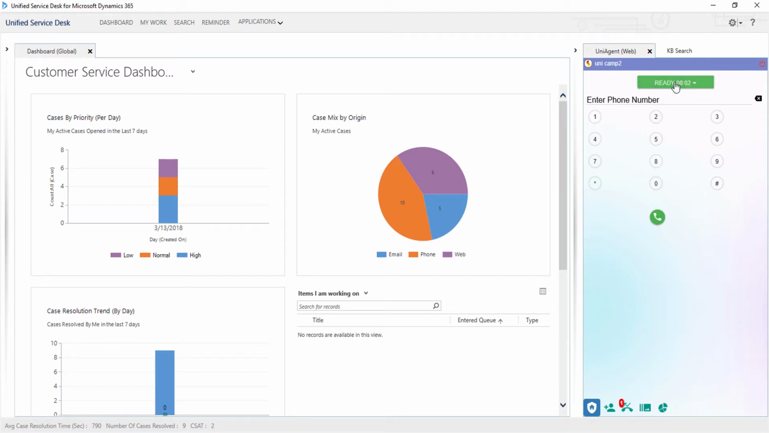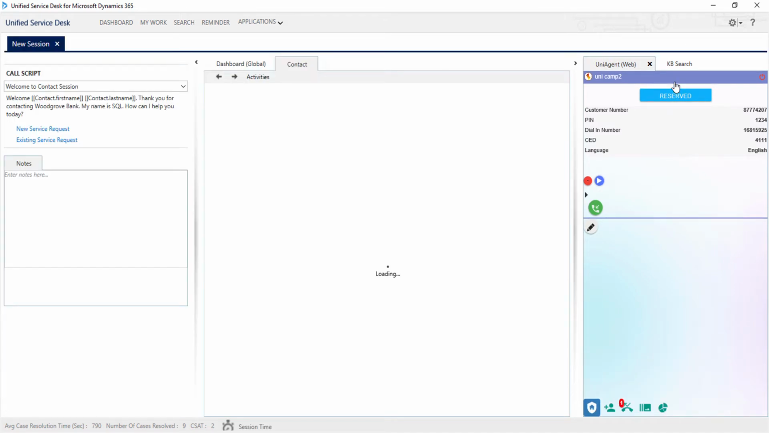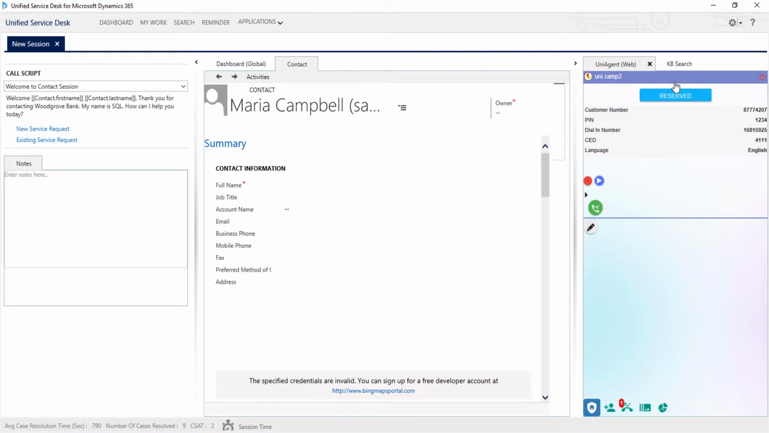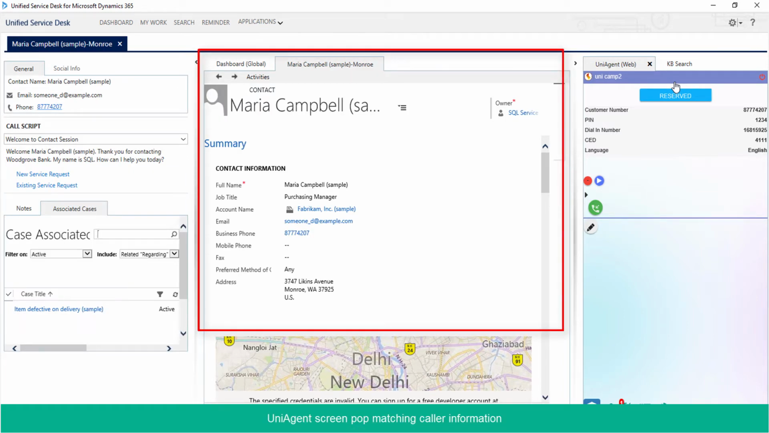In order to receive an incoming call, the agent has to be in the ready state. For that, I'll just click on the state button here and make the agent state ready. And now wait for the incoming call. Now you can see as soon as the agent receives the call on the desktop, a screen